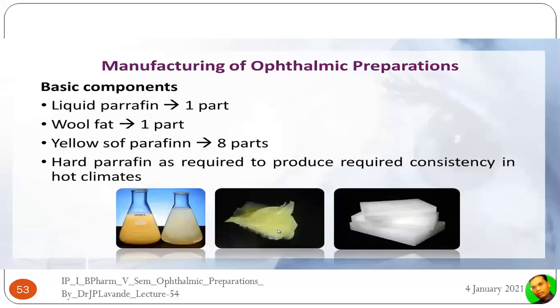In the monsoon season, there is intermediate temperature, humidity, and a cold environment. So what I mean to say is that the product should remain stable over this wider range of climatic conditions. For that purpose, there is a need to add this particular ingredient in different concentrations. Let's say, for example, hard paraffin, because of its nature, will not allow the product to get